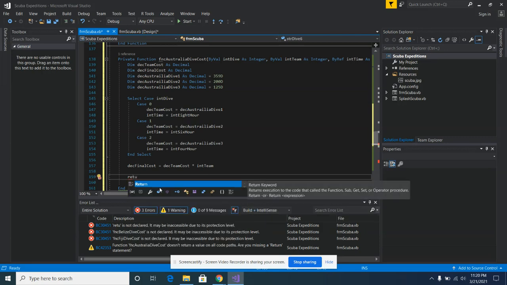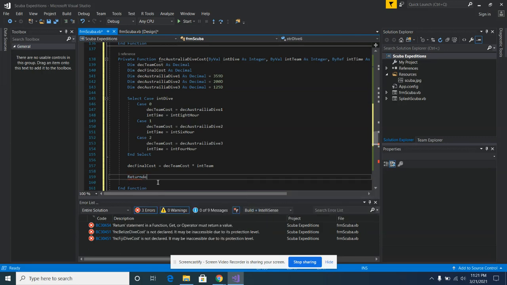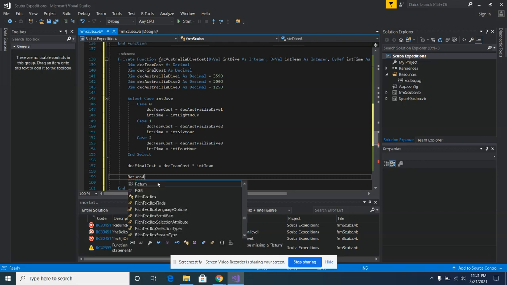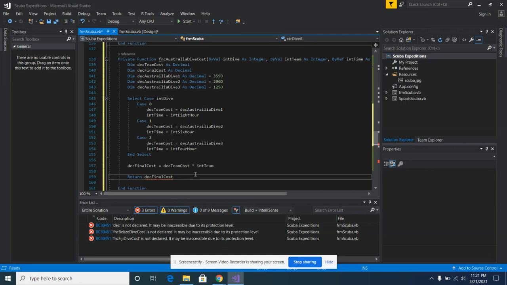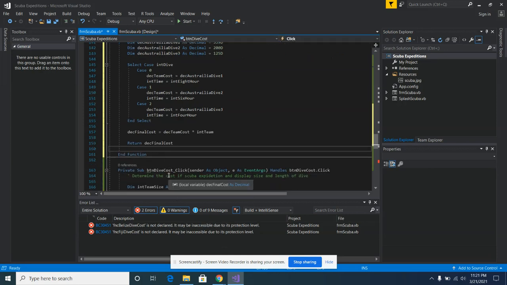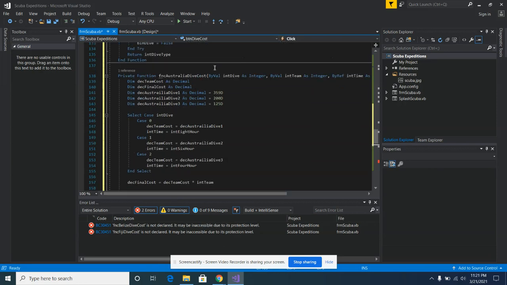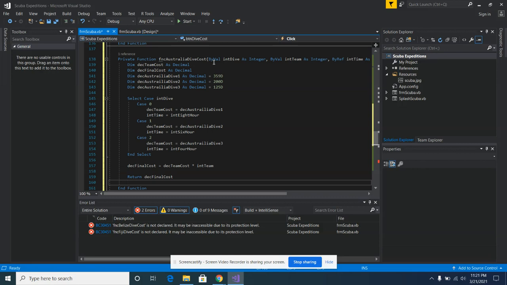And then we just return our desk final cost. All right, so that's our Australia dive cost function, and we're going to have to do that 2 more times for